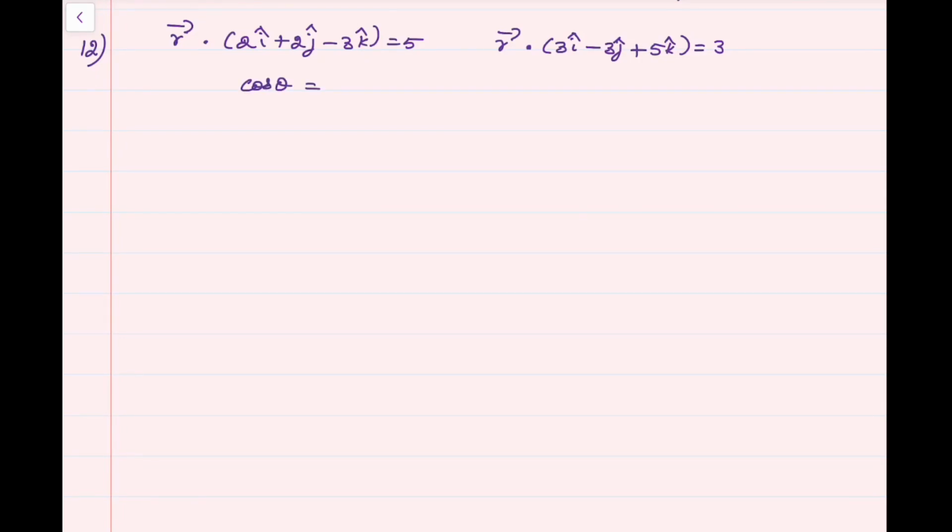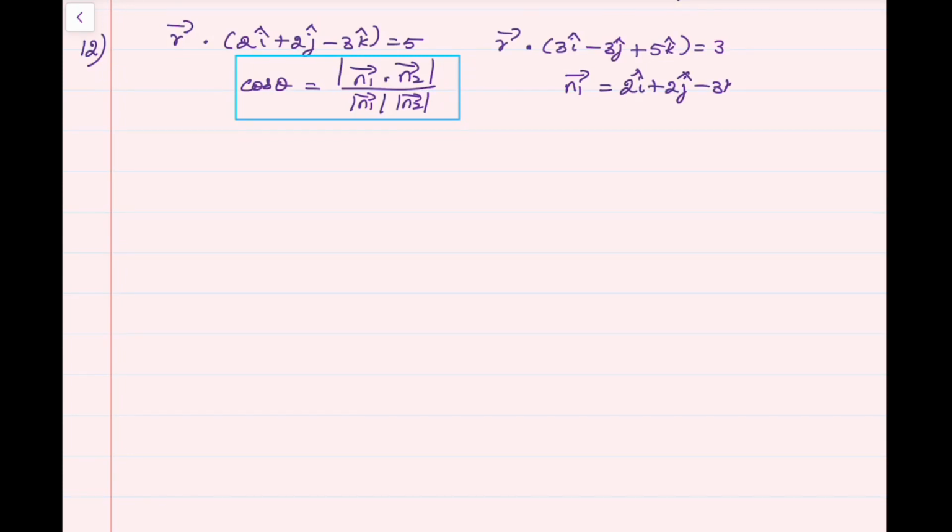Cos theta is equal to, the formula is vector n1 dot vector n2 divided by magnitude of vector n1 times magnitude of vector n2, and we can give the acute angle between them, so absolute value sign in the numerator, where vector n1 is 2i plus 2j minus 3k and vector n2 is 3i minus 3j plus 5k, and dot product, multiply the corresponding components. 2 3s are 6 minus 2 3s are 6 minus 15 divided by magnitude of the first normal, 2 square plus 2 square plus minus 3 the whole square,